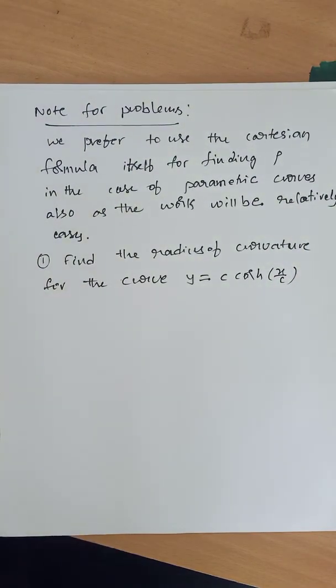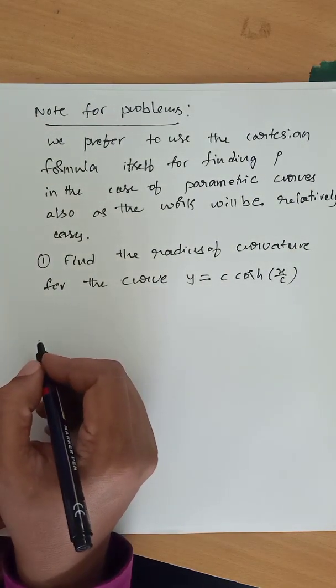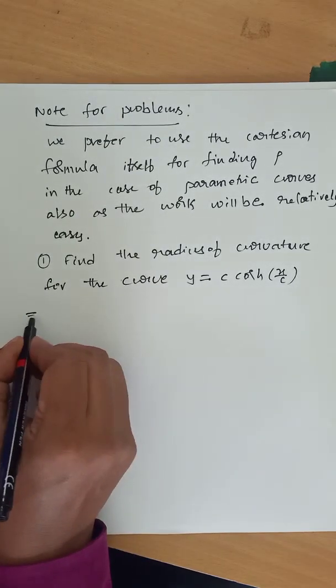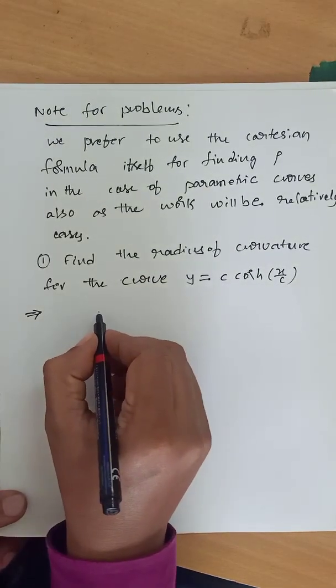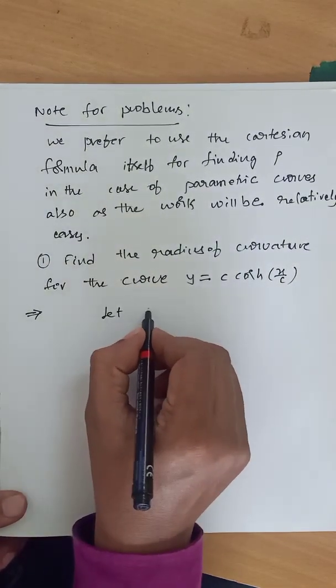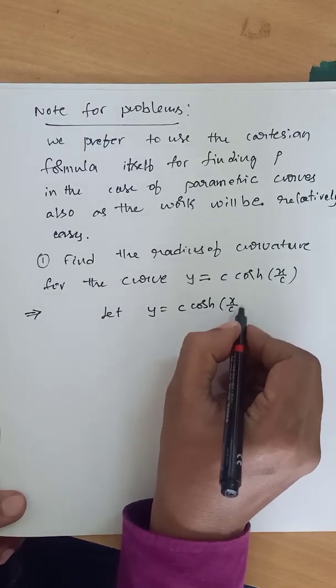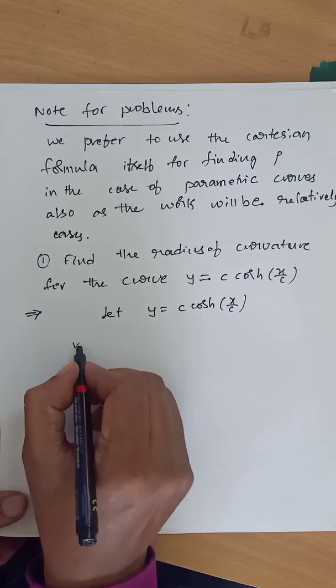Write down the question. Solution. Let y is equal to c into cos hyperbolic x by c. We have,